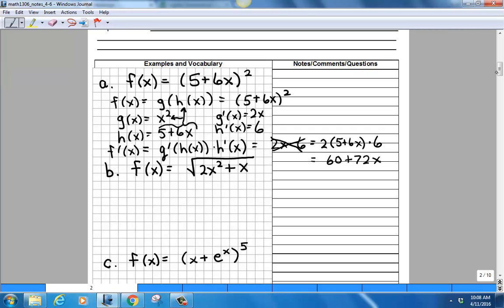I've got several examples here to go through today. So let's start here with example B. A lot of these functions now are a little bit artificially complicated examples. In practice, you probably won't encounter a function that looks like these examples. I've just made them up to illustrate the chain rule, so they're probably a little artificially more difficult than they need to be in order to help you practice